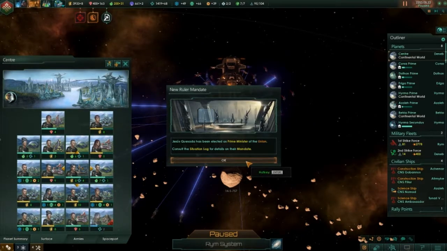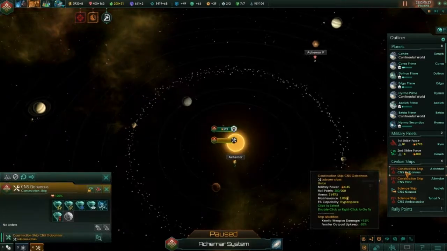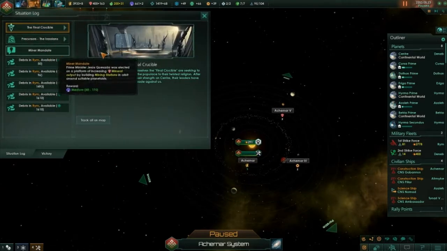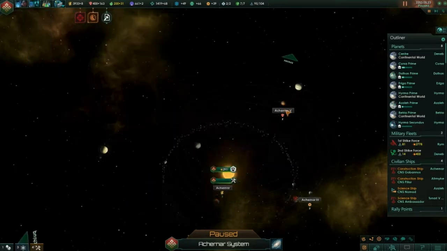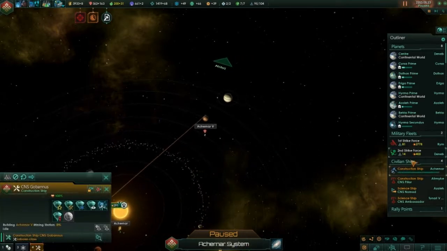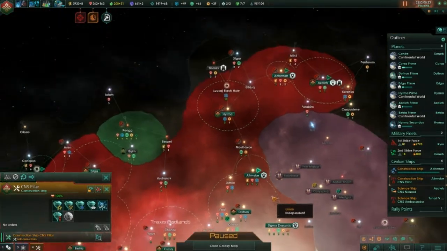New ruler mandate. Okay, let's try and finish the stupid mandate before he dies. Okay, it was miner, right? Okay, Jesus likes miners, which makes sense because he himself is a builder. He likes having minerals to work with, I would imagine. Okay, so I need...